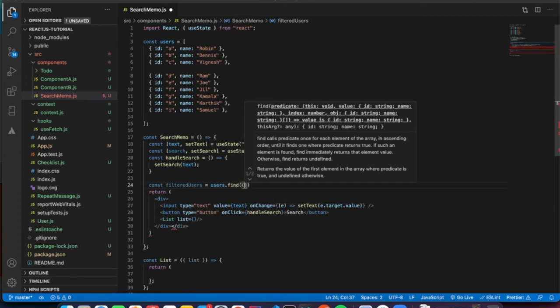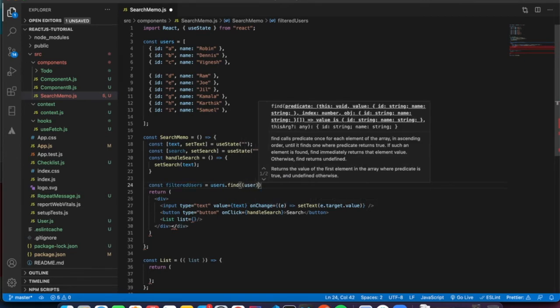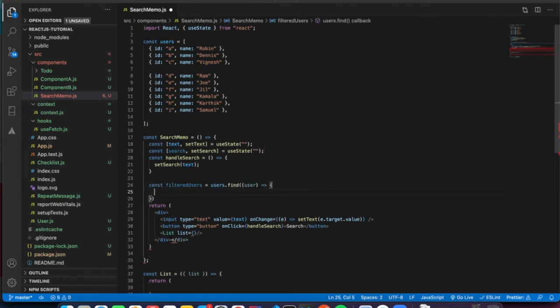So that will take user, and again this is going to return a condition, like sort, not find, it's filter actually.